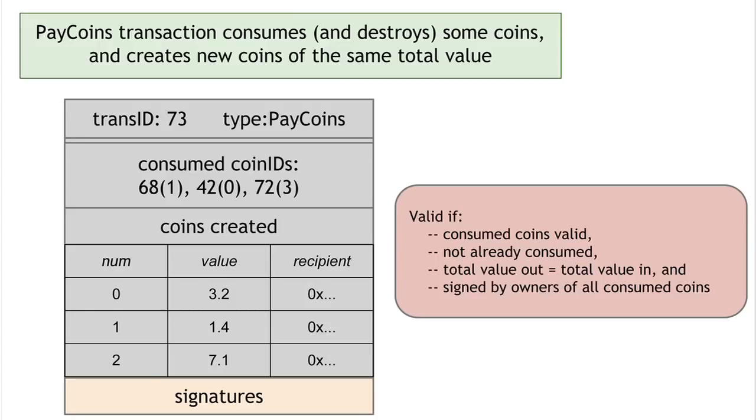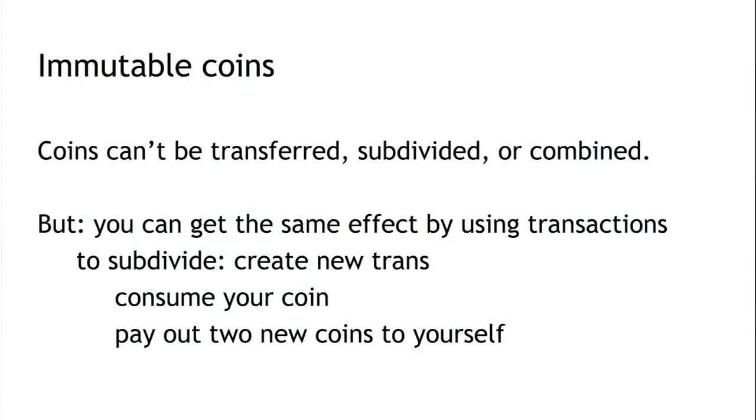One thing to note about this scheme is that coins are immutable. Coins are never changed, they're never subdivided, they're never combined. All they are is created once in one transaction and then later consumed in some other transaction. But you can get the same effect as being able to subdivide or pay on or combine coins by using transactions. For example, if you want to subdivide a coin, you can just create a new transaction that consumes that